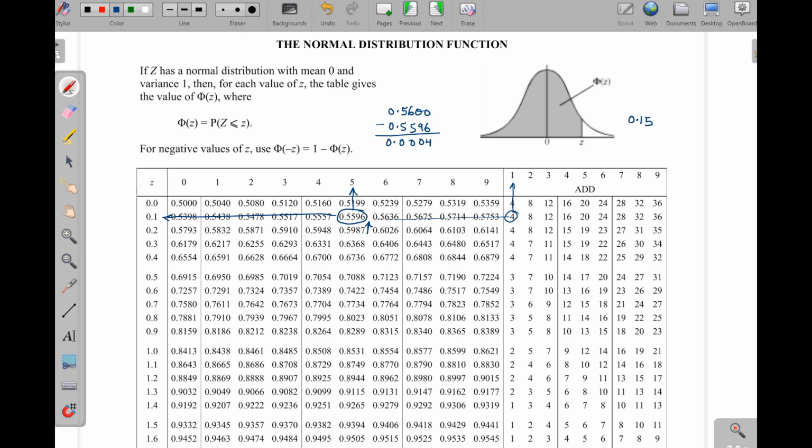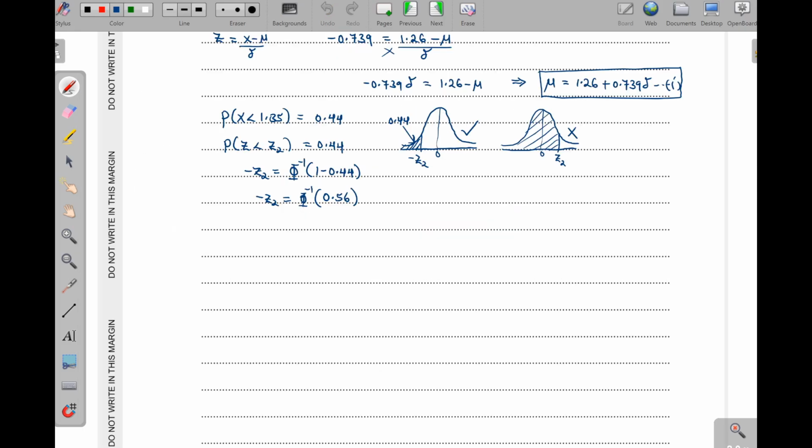Then we take a 1 here, so we shall add it here. Okay? So we went and then we added a what? A 1. Remember, we have had 0.5600 minus 0.5596. Then this one gave us a what? A 4. We went this side and then we found the 4 under add 1, right? So meaning our Z2 is going to be negative